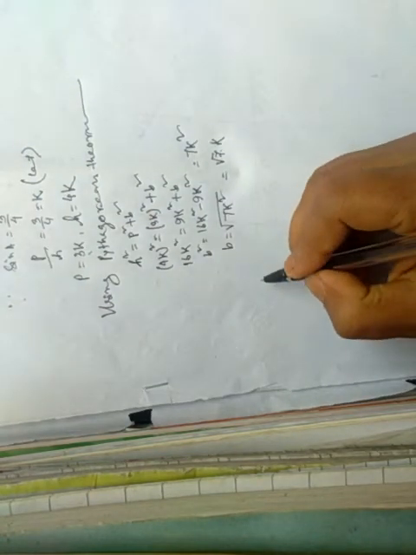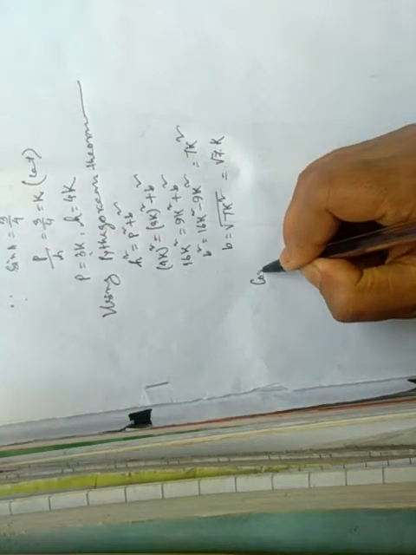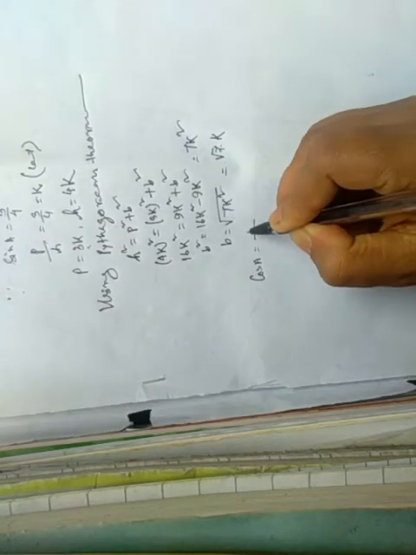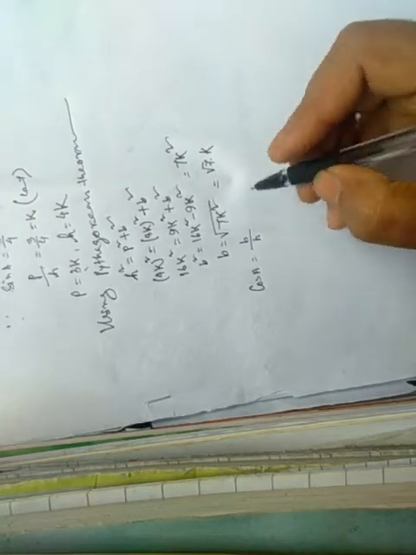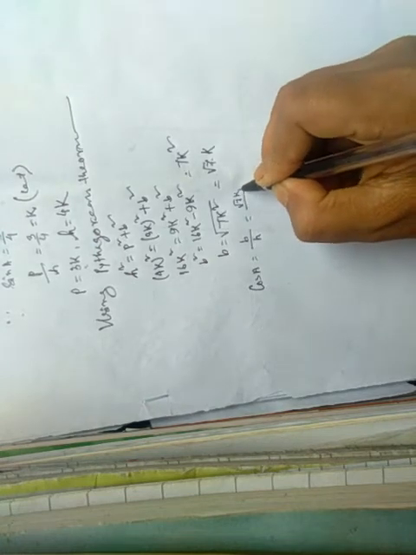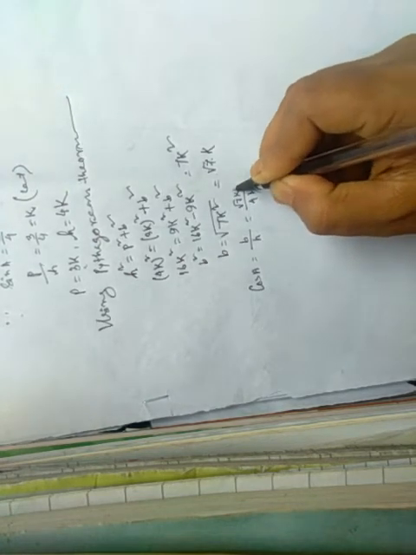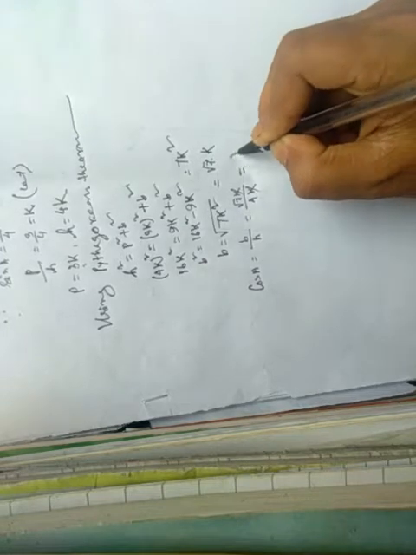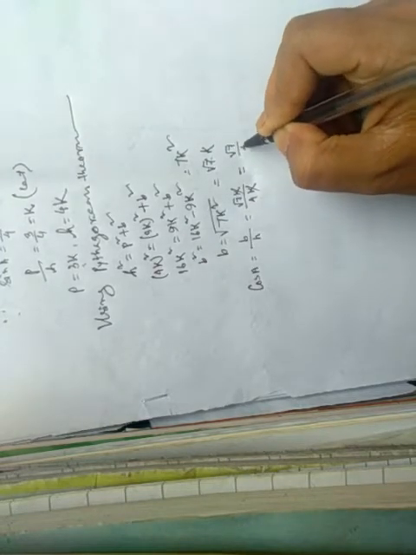Now we get the values of the perpendicular line, hypotenuse and base. So we write our required ratios, whether it is cos A or tan A, sec A, cot A. In the question, we should find cos A. We know that the ratio of cos equals b by h. So the value of b is root 7k, the value of h is 4k. We cancel k and k, so cos A equals root 7 by 4.